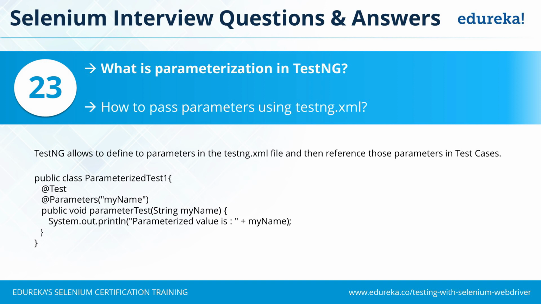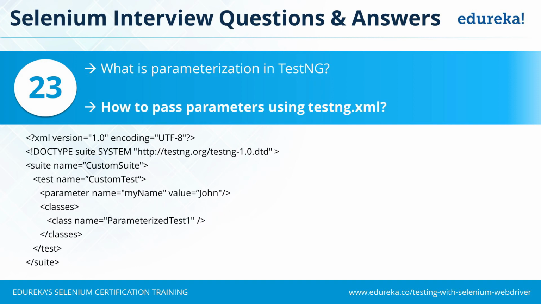And once this parameter is available over here, I need to import it to the public void method associated with the test case. So what I do is public void parameterTest(String myName). So the parameter has come as myName. So I'm just passing it on to the test method. And now it is available within the test method for performing any kind of operation. So if you try a simple sysout over here, you would get the value whatever I have passed from the testng.xml file.